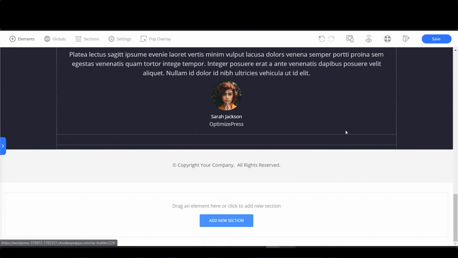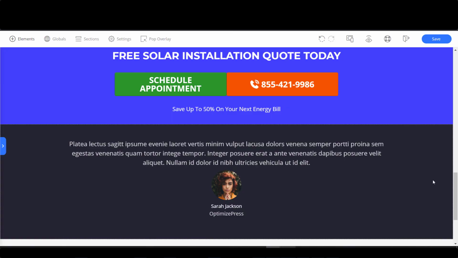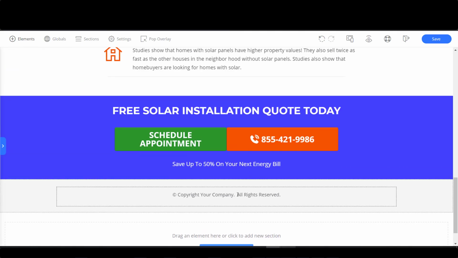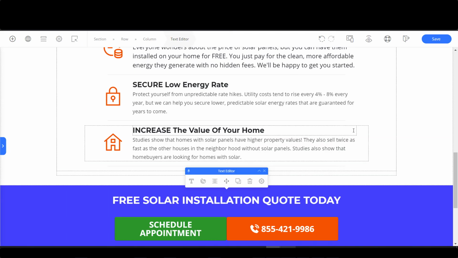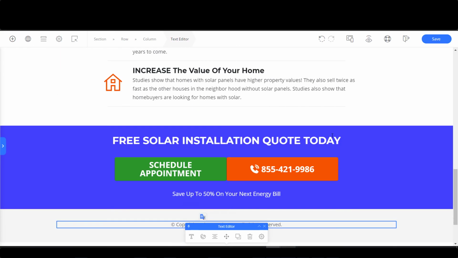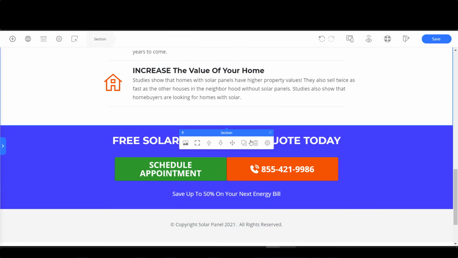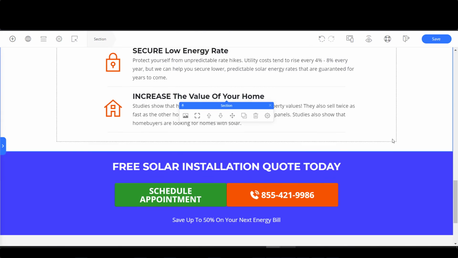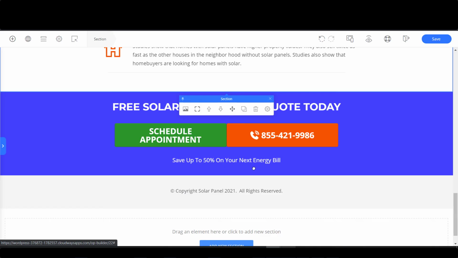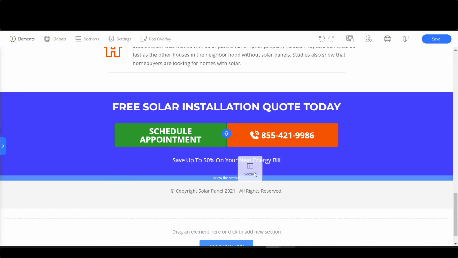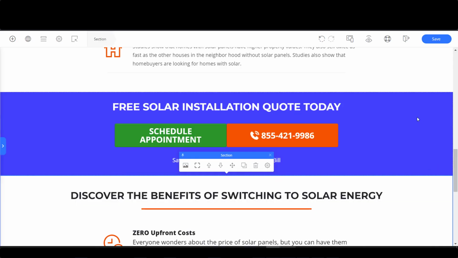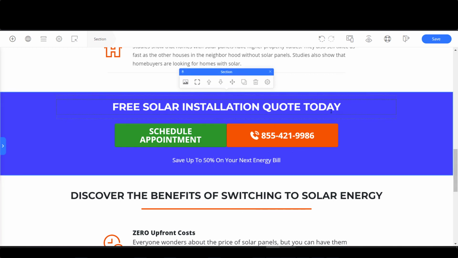So we'll delete this. And in my lander, I'm not using this section, but of course you could use it if you wanted to. So we're going to go ahead and delete that. And then copyright solar panel 2021. Now we're going to go ahead and duplicate this. And we're going to move it right below. And now what we're going to do is duplicate this section as well, but we're going to